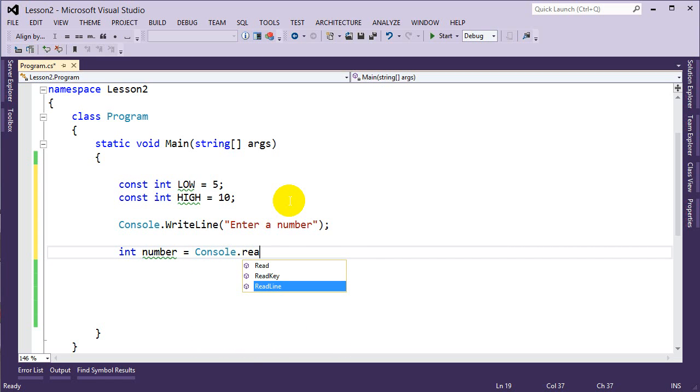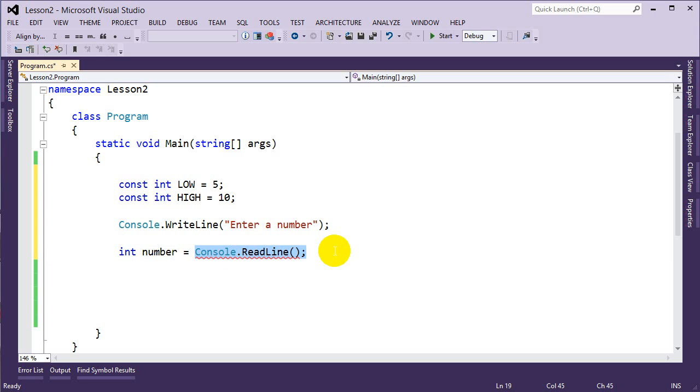But remember, this is going to error because Console.ReadLine comes in as a string. So in order for us to set a string equal to an integer, we have to parse it or convert it. So we'll use our parse method. So int.Parse, like that. So now our int number variable is holding whatever was typed in, and we're holding it